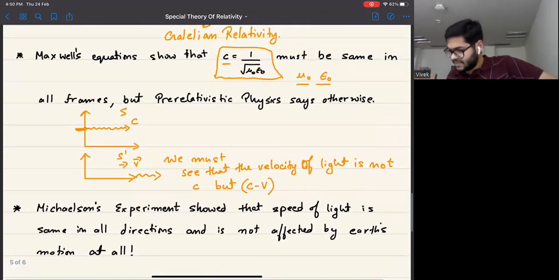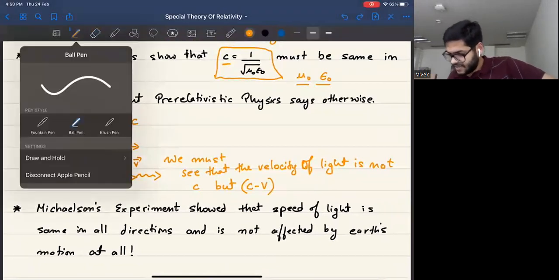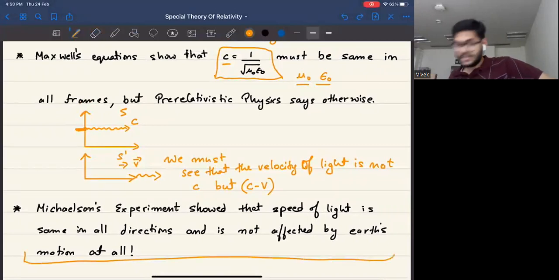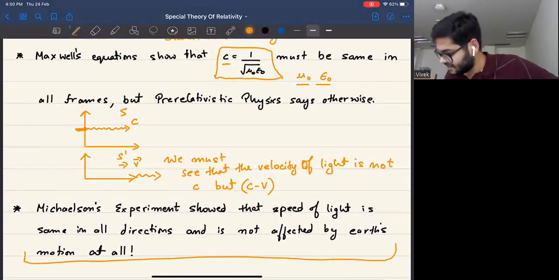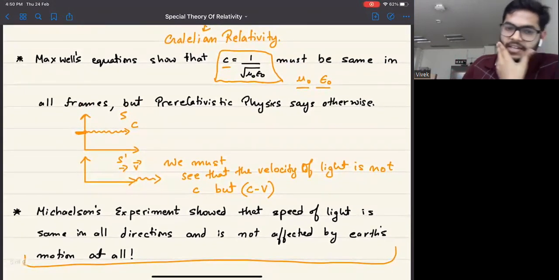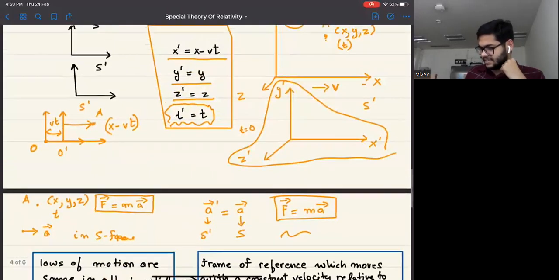So this was a very important point and a very surprising point at the same time to everybody, because the Galilean transformation is a very intuitive idea. If you think intuitively, then if a light beam is moving with a speed c in some frame, it must move with the speed c minus v in another frame. It is really very intuitive. So what can be wrong in